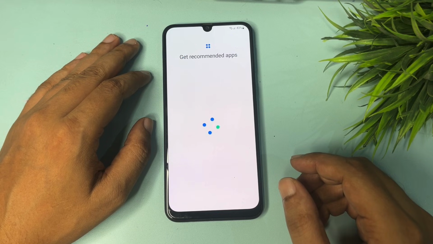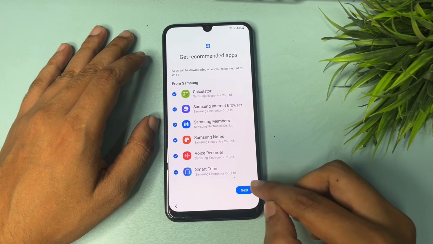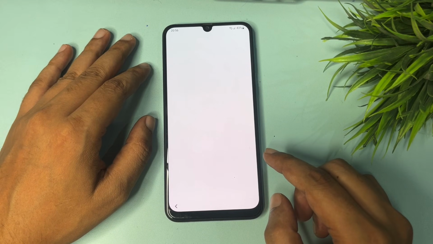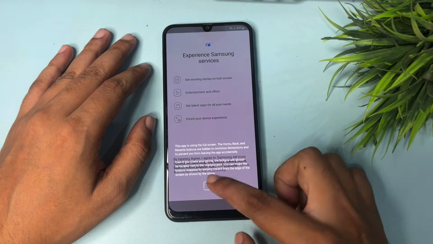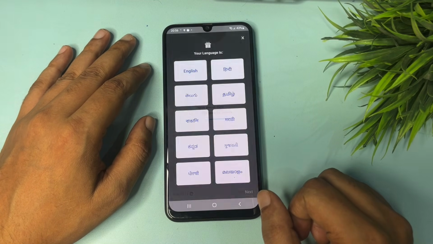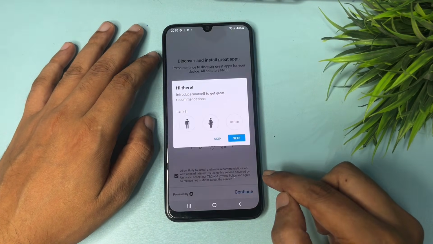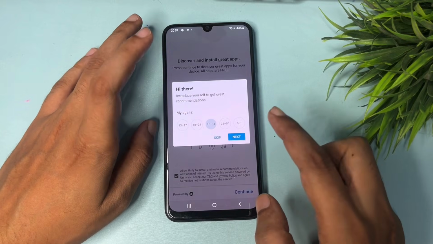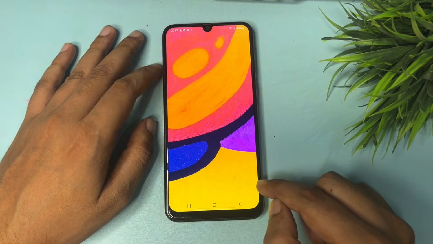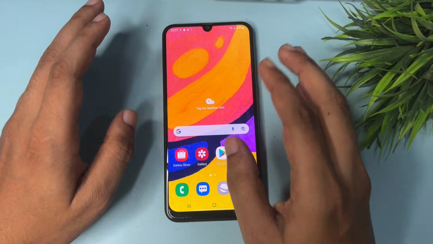I'm going to do the final setup of my Samsung Android smartphone. Go to the next, skip from here, tap on this finish, OK, agree, select the language for the option here, continue, next, continue, finish. So here you can see the Samsung Android smartphone has now been completely unlocked after hard reset and